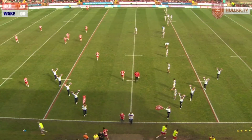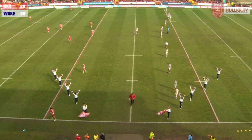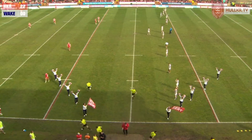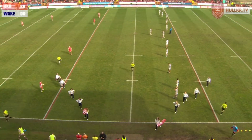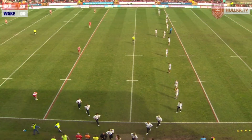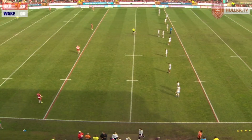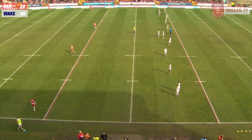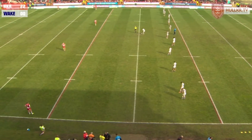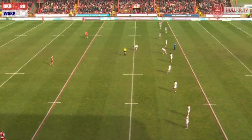Welcome back to the KC Lightstream Stadium for the second half of Hull Kingston Rovers versus the Wakefield Wildcats, with the good news that Rovers are leading this game at half-time by 22 points to nil. Tries to Costigan, Cairo, Josh Hodgson and Chris Wellham, 3 conversions from the boot of Travis Burns, with no response from Wakefield, but both Ben Cockayne and Travis Burns may be up before the RFL judiciary in the week. Ben Cockayne for a high shot, Travis Burns for a lift,